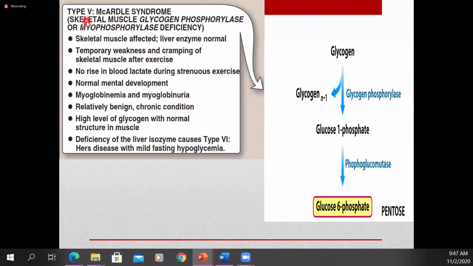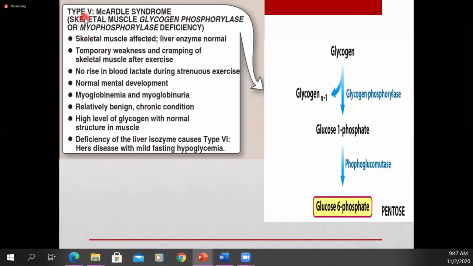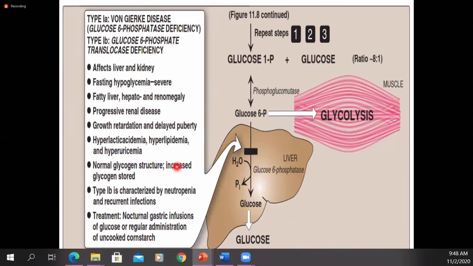Okay, and this is لأنه هون احنا بنسميه type 5. We have type 5 of McArdle disease. بينما إذا كان المشكلة في الليفر، بنسميه type 2 disease, which is associated with hypoglycemia. That's all. هذا كل اللي بدي إياه بالنسبة للميتابوليك disorders، وأنا فصلتهم واحد ورا الثاني just to know the deficiency